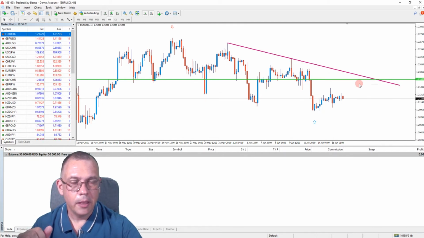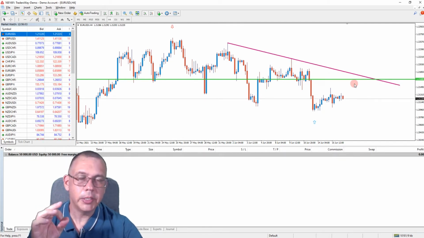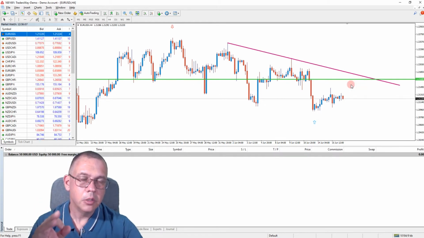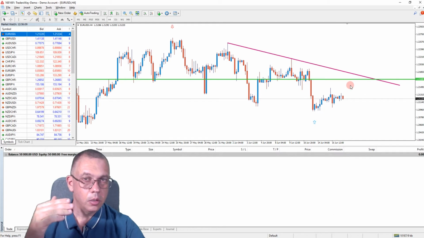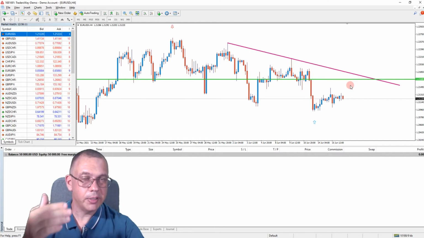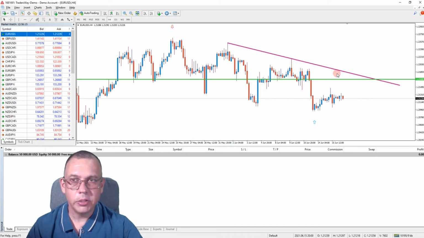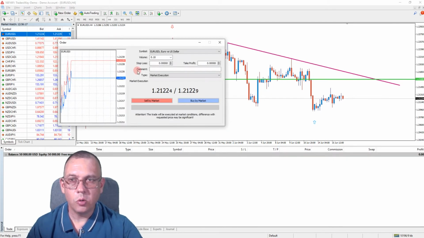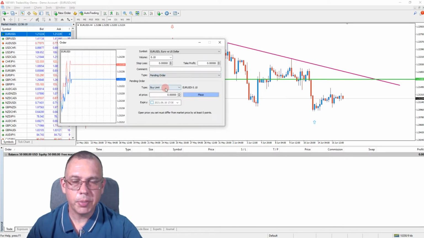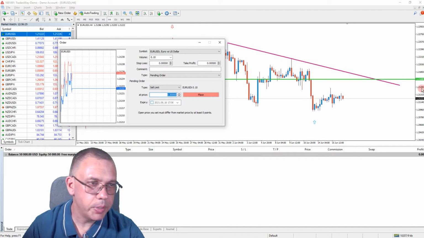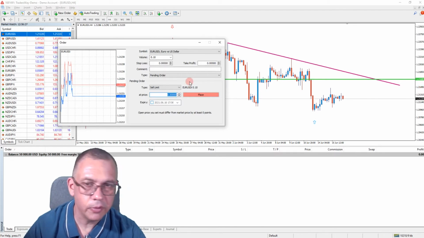Okay, now what we want to do is we will put a sell limit, and I'm going to put a sell limit a little ways below that green line to ensure that the price does activate the sell trade and then drop. Okay, and I'm going to do that by going here on new order and choosing pending order and selecting sell limit right here. Okay, and for add price, I'm going to pick 1.21500